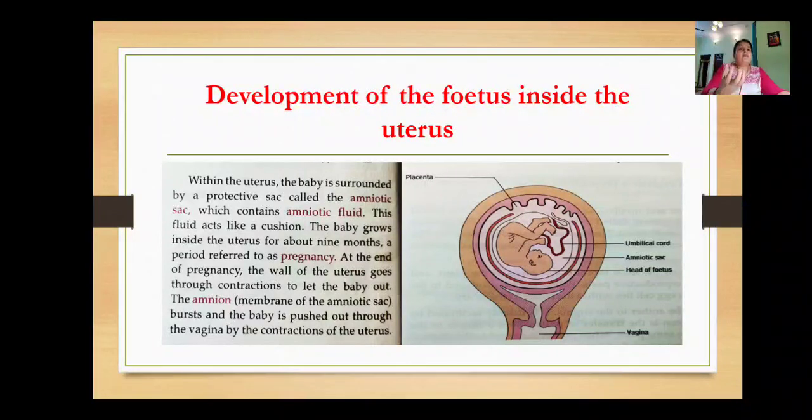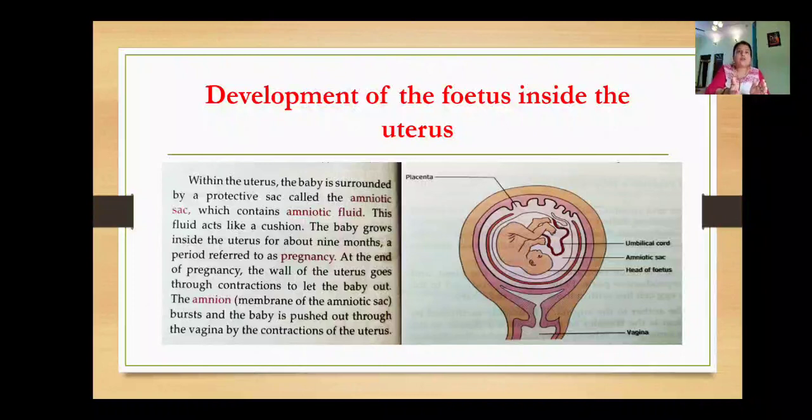So when the sperm fuses with the egg of the female, the newly formed product is the zygote. That zygote has to get a place to develop, okay. Just now we studied that the uterus is a sac-like structure where the development of the embryo takes place. You can see in the figure how the growing embryo is surrounded by so many layers inside the uterus of the mother, okay.